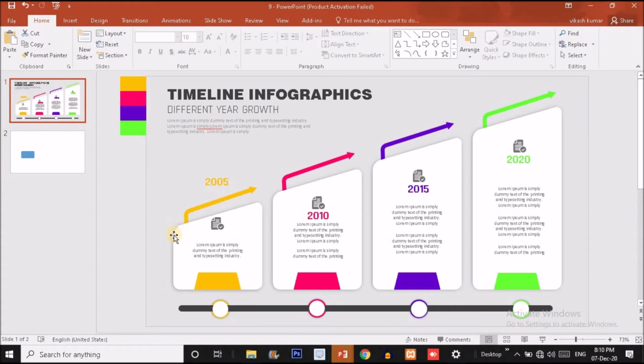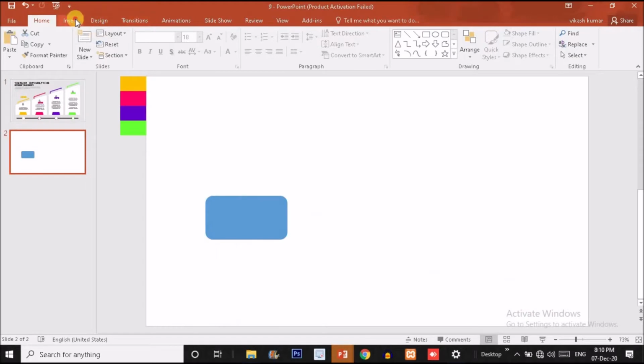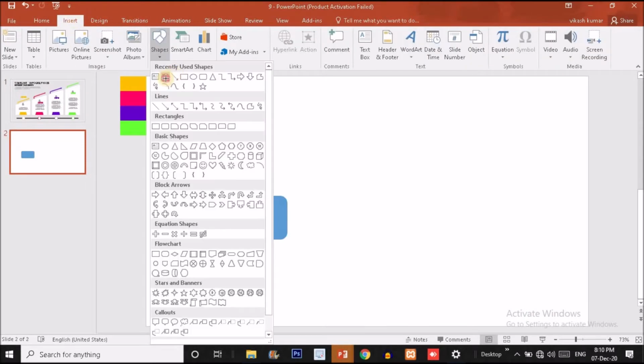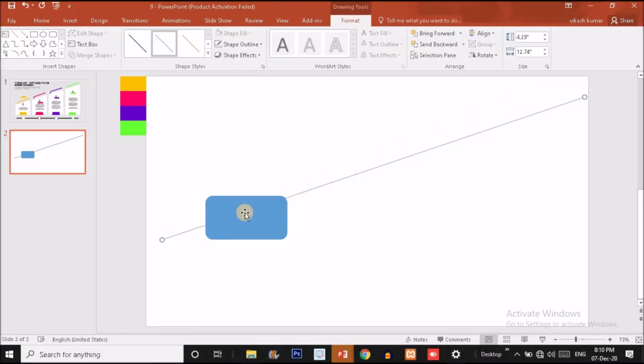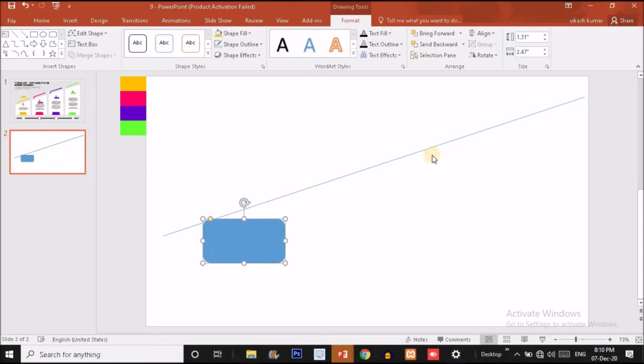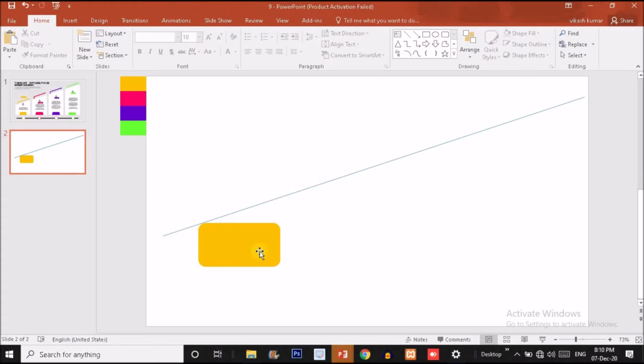Now let me take the reference of the previous slide. So we have to make a curve over here and a slope like this. So before doing the slope, we have to choose a line and take a reference. We have to do something like this. So this is the growth we have to create over here. This line is just for reference. Later on we will delete this line guys. So now I just create this line just for the reference. Now let me change the shape fill to this one, so that the line and the shape have different shape fill.